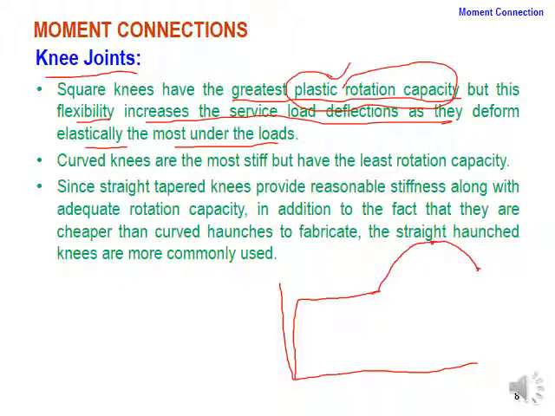You are familiar with the design of steel, and steel structures you have also discussed in detail, and we are always using Fy or sigma y as the design strength. Our design strength is within the elastic limit. Just below that yield point we may have sigma E, that is the elastic stress, and just beyond the elastic stress you are getting your yield strength. This yield strength of the steel material is used in the design.